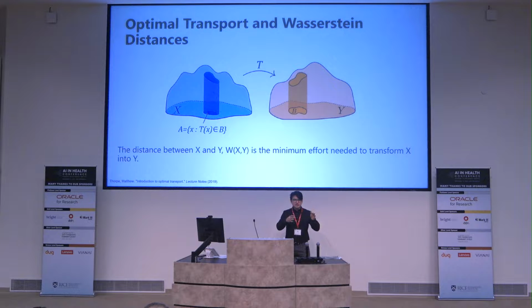So the way we're going to define a distance between two objects using optimal transport is the effort necessary to transform one shape into the other. So given that you have a pile of debris, how much effort is it to transform that pile of debris into filling up the gaps in the battle terrain, right? And you can imagine that depending on the type of data that you have, those are different piles of debris that you want to use to fill different other holes in the terrain.